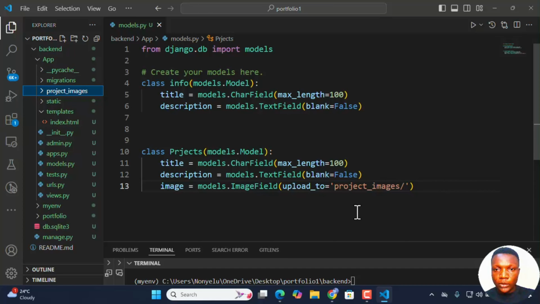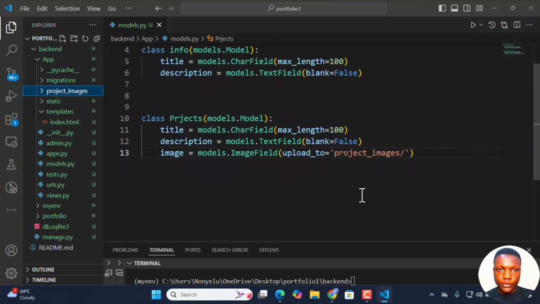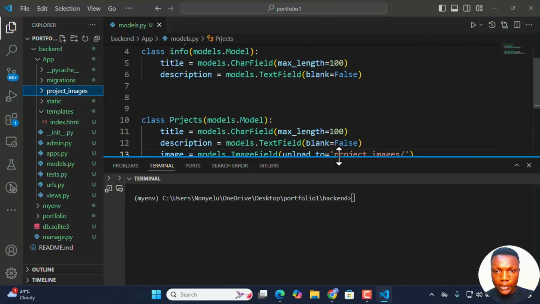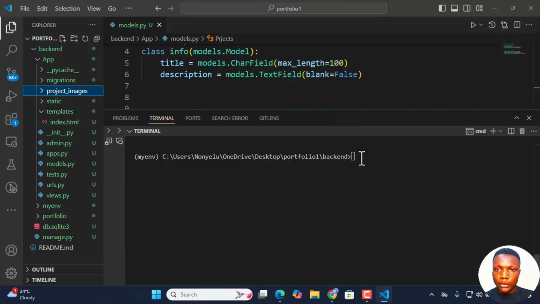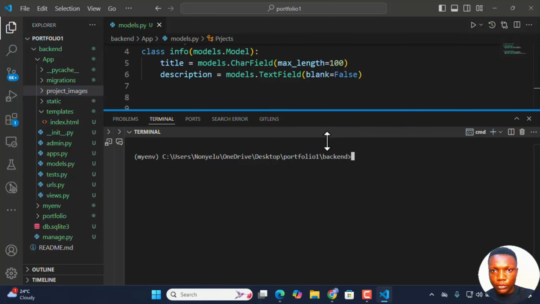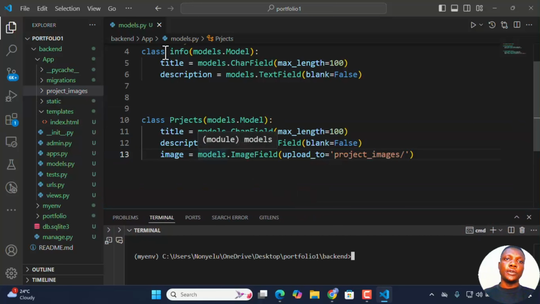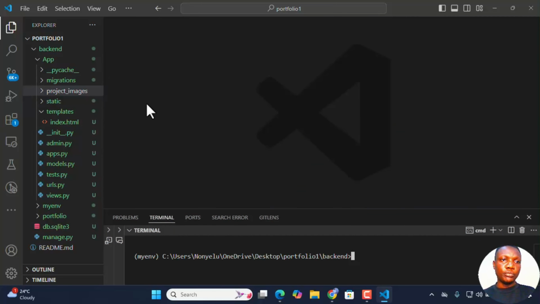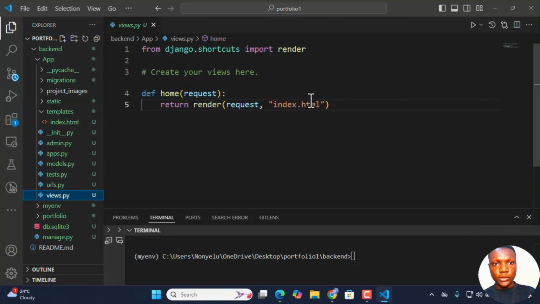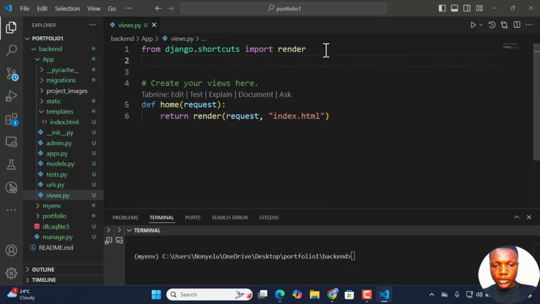So we will go ahead to do a migration for this. But before we do this migration, I would want you to do something. What I want us to do is, first of all, let us bring this model to the view. So here we need to import the model. So we can say from .models import